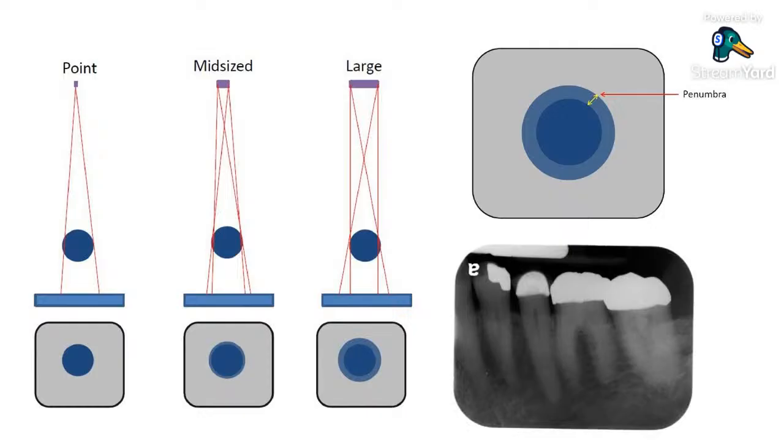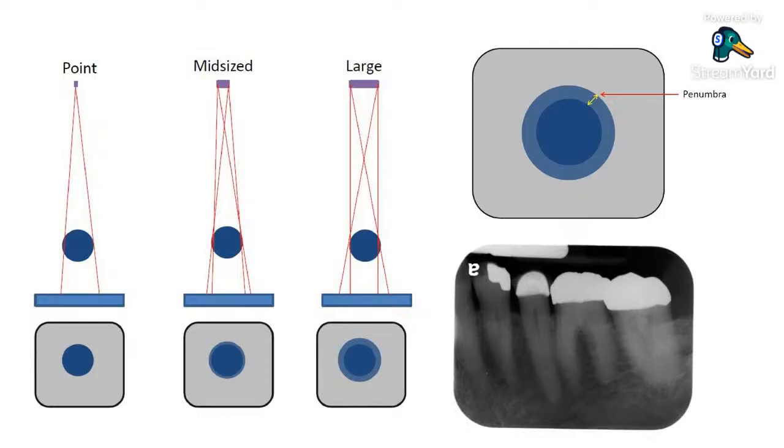We cannot see the canals properly, we cannot see the edges properly, we would not be able to differentiate if there is a slight periapical cyst or anything. So your diagnosis will be compromised, and all this is happening because you as a dentist are not performing the x-ray appropriately, okay. Now, how do you want to avoid this penumbra effect is by making sure that the position